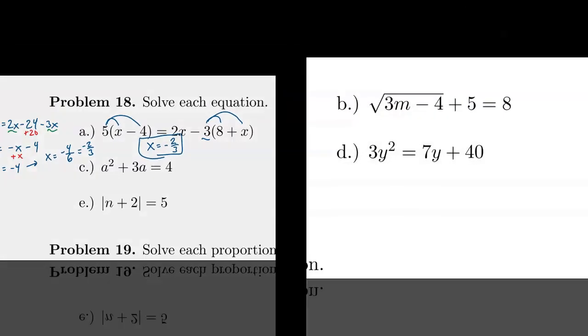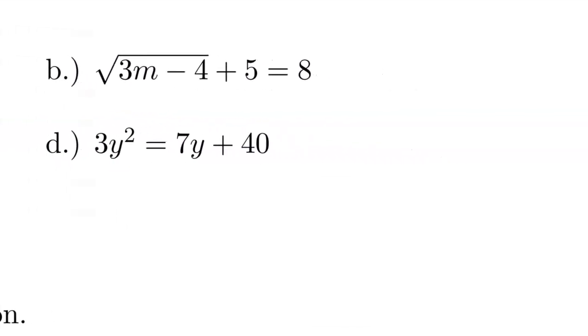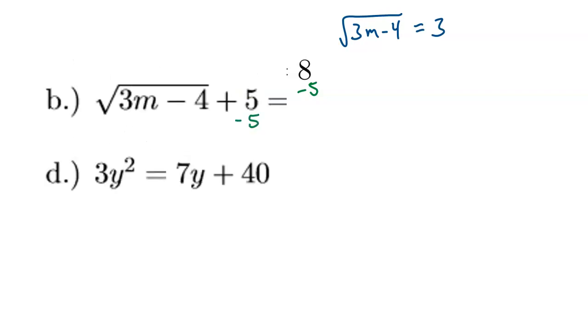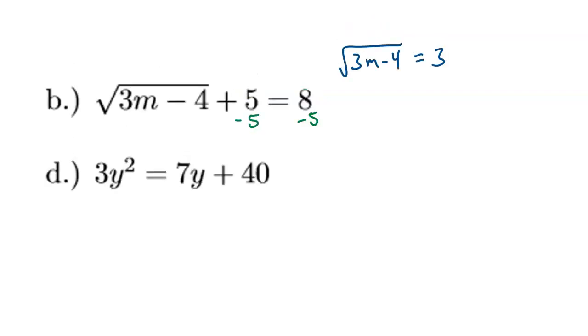The equation in part B is a little more complex. We have a square root involved in this equation. I want to start by subtracting 5 from both sides, which gives me the square root of 3m minus 4 equals 3. And now the next thing I can do, to eliminate the square root, is square both sides